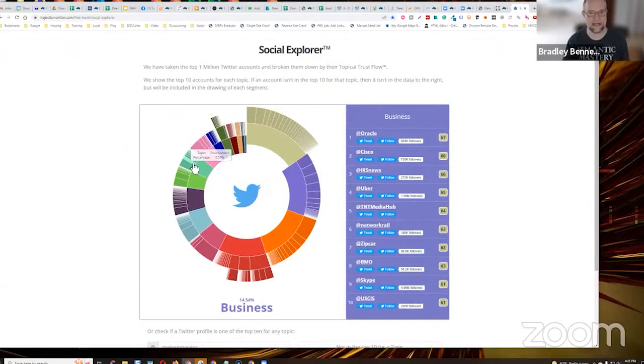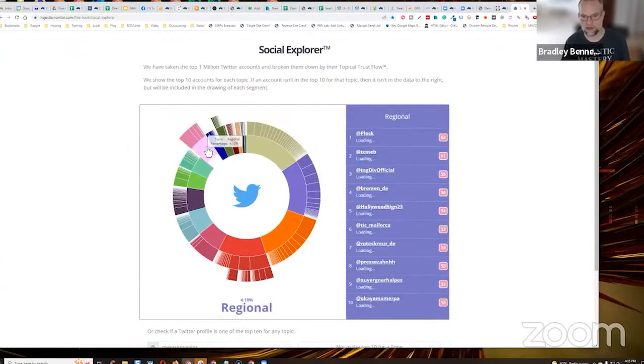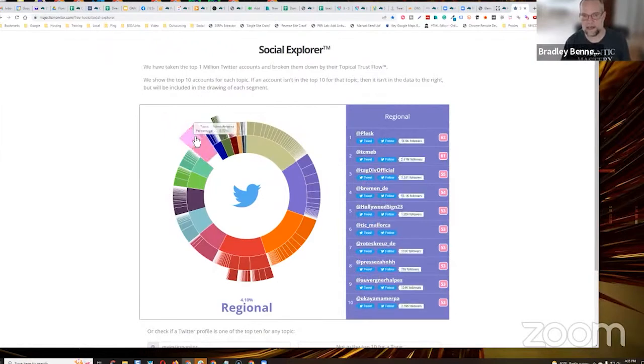Then at tier 3, here's regional, right? These are regional links or topical trust flow categories here. And you'll see, for example, there's North America. Well, I could use that at tier 3, right? For US based or Canadian based tree service contractors, it would make sense. There's one in here for Oceania, which would be like Australia. There's one for Europe. So if you're in the UK, you're doing stuff in the UK. Those are all relevant links at tier 3.